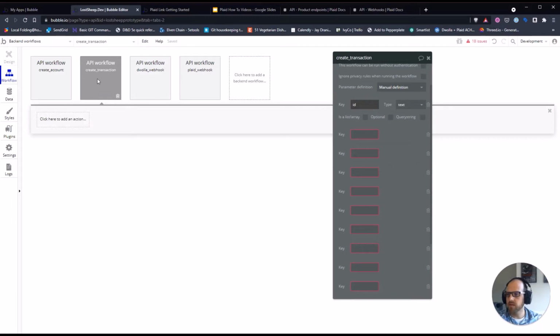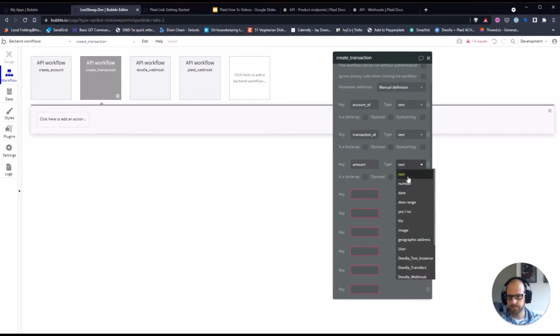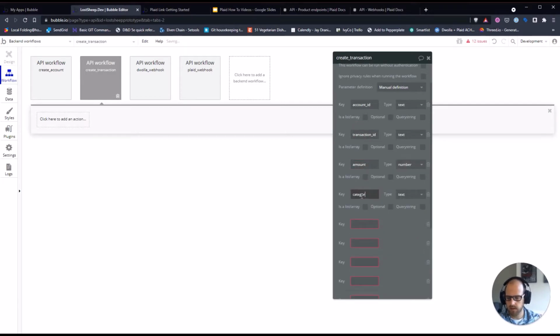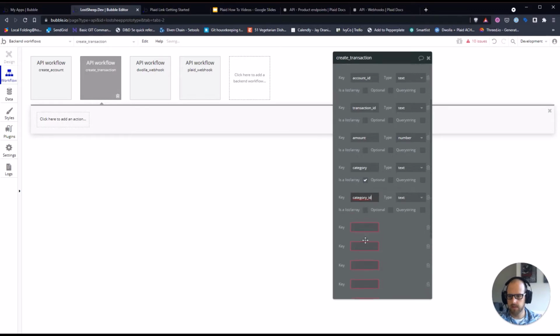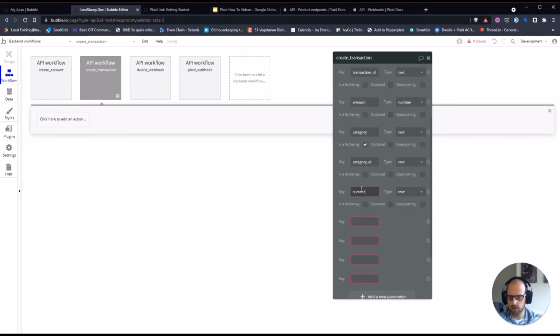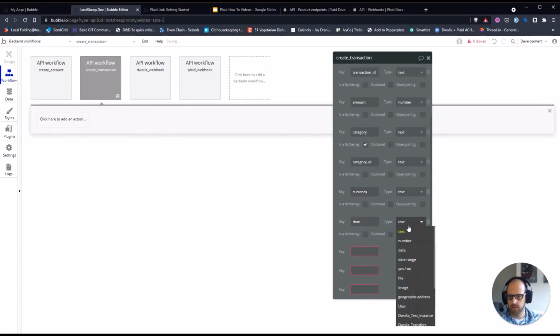So I'm going to say this takes in an account ID. So what account is this associated to? I'll just leave that as text for now. We'll handle that in a different way here in a moment. I'm going to say transaction ID, amount, category, that's actually a list, category ID, that's text, currency, date,